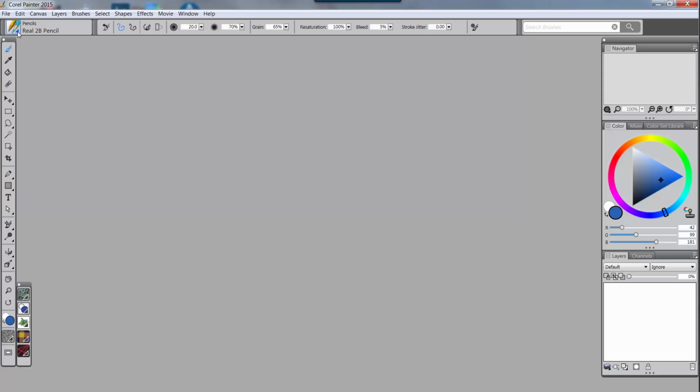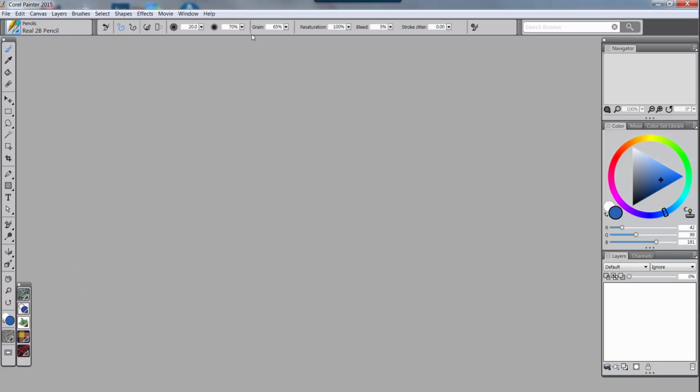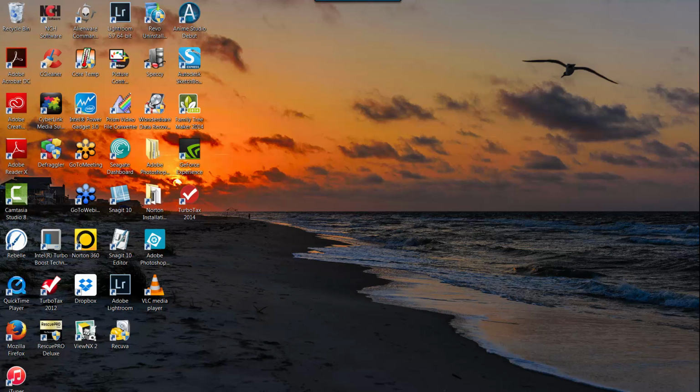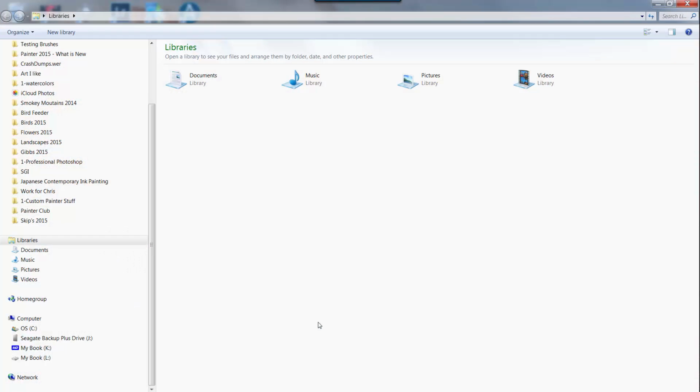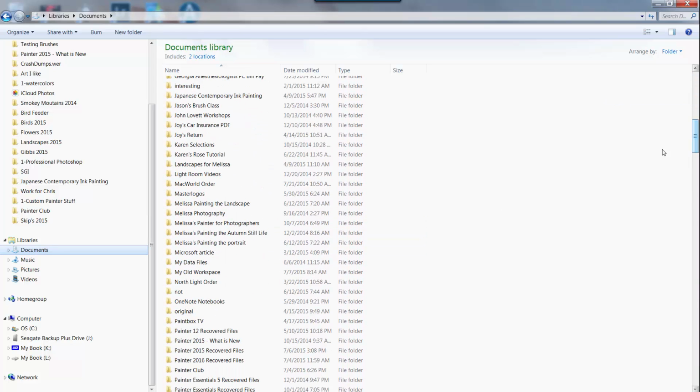If I go over here to my brush selector, click on that, click on the Options flyout, and go to Brush Library, you'll see that I just have the standard brush libraries available to me and none of my custom stuff. So at this point, I want to import my old workspace. So I'm going to minimize Painter, and I'm going to open up my Windows Explorer, and I'm going to go to my documents, and I'm going to go to my old workspace,